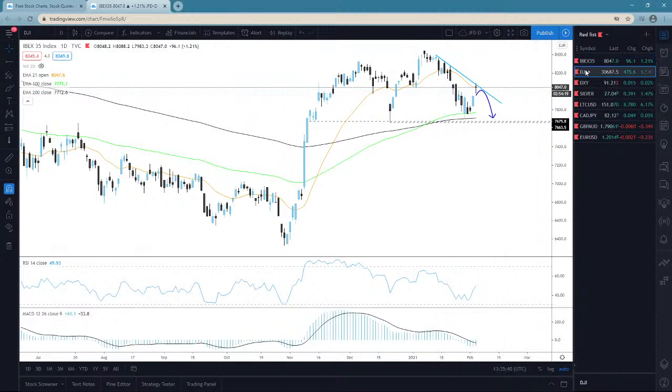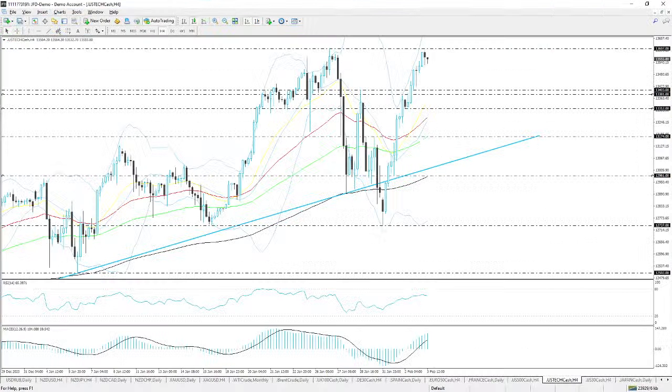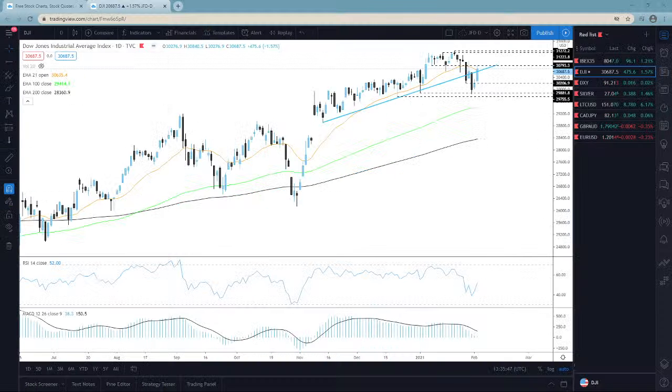Now jumping into Dow Jones Industrial Average, guys. Bear with me one moment. There we go. Dow Jones Industrial Average yesterday moved nicely back above this upside line, and it also closed not only above this upside line, but also above the 21-day EMA. What I've mentioned previously is that in order for me to get a little bit more excited with higher levels, I would like to see a daily candle staying above the 30,793 territory right here,